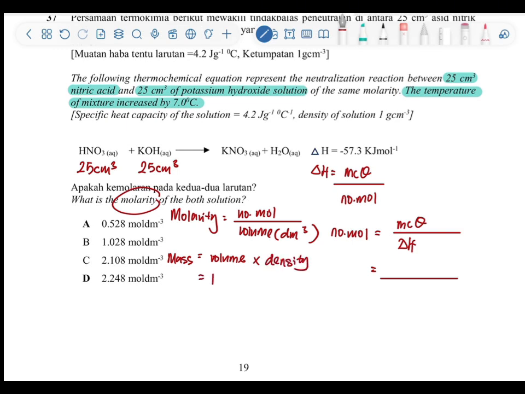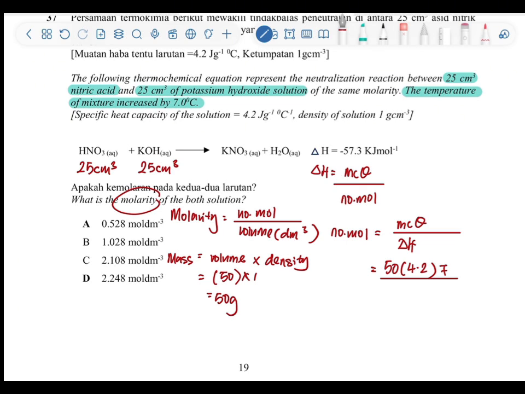So in this case, 1 times volume is 50, because there are 2 solutions that are mixed together. So the total volume will be 50 cm³, times 1 equals 50 gram. So 50 for m, c is the specific heat capacity, and theta is 7. Delta H,